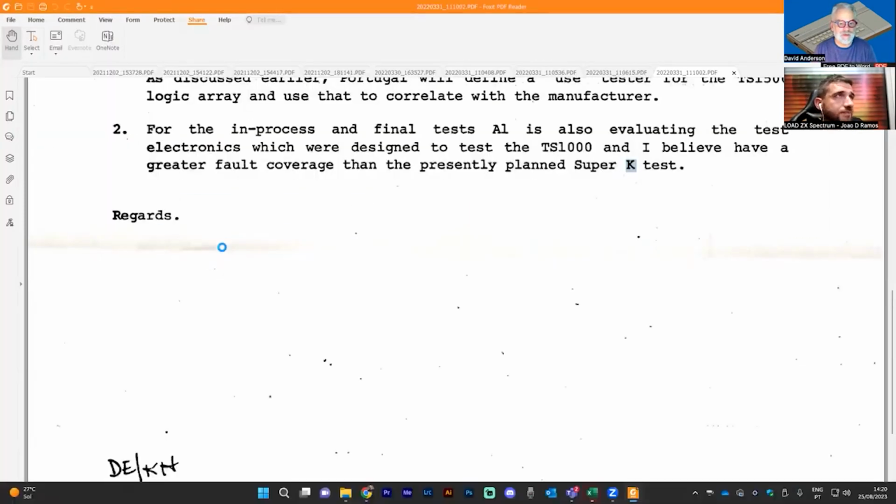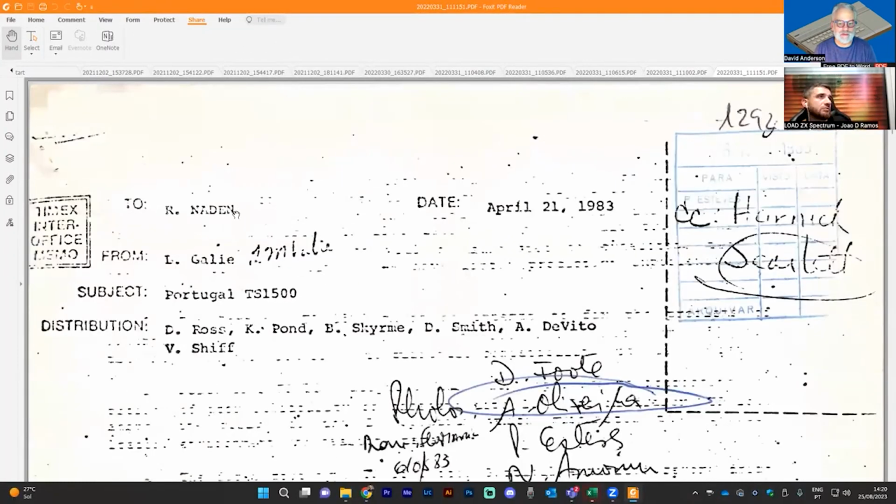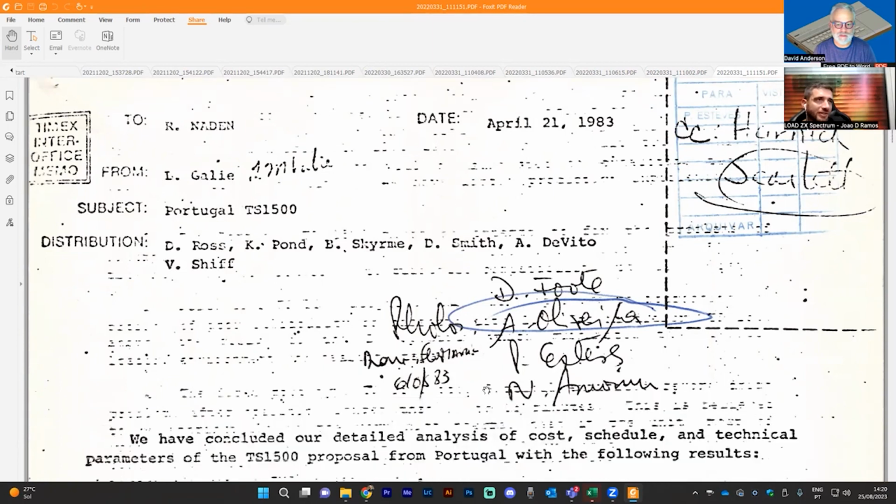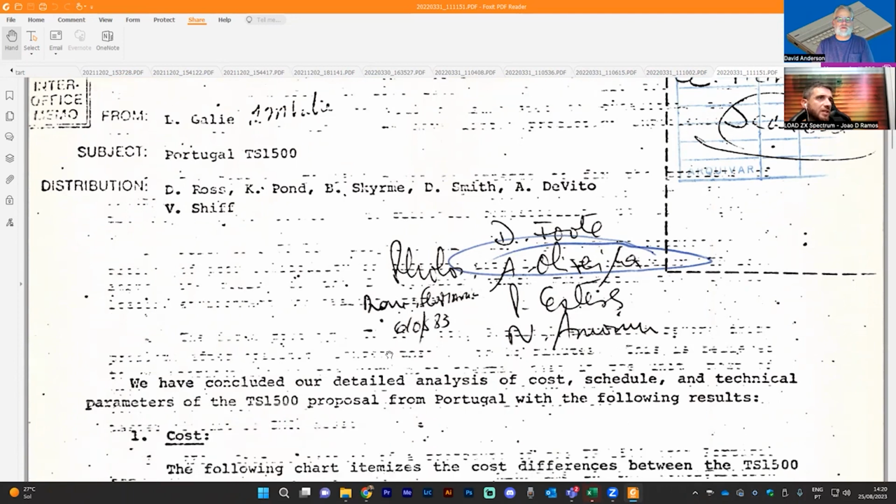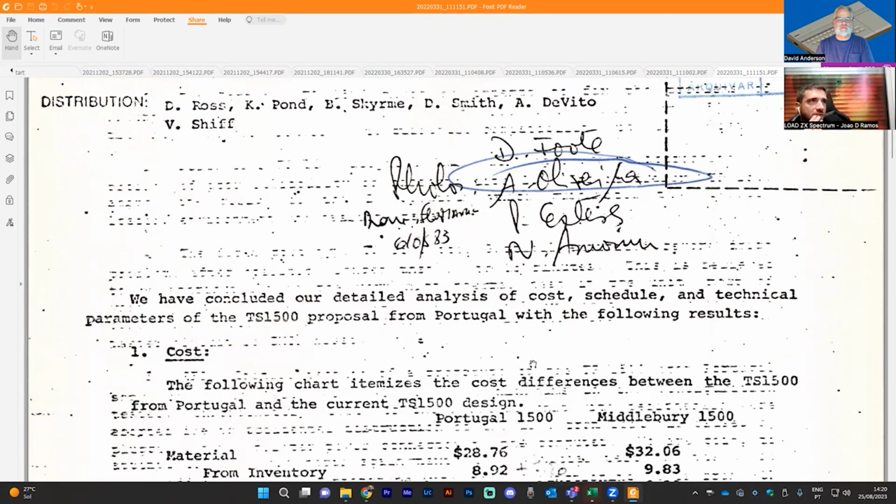To missing. Ross Nathan to Lugaily, Portugal TS1500 on April 21st. Again, no one from Portugal here, but somehow they send it and it's written here, Oliveira Esteves de Amorim. Okay. We have concluded our detailed analysis of cost, schedule, and technical parameters of the TS1500 proposal from Portugal